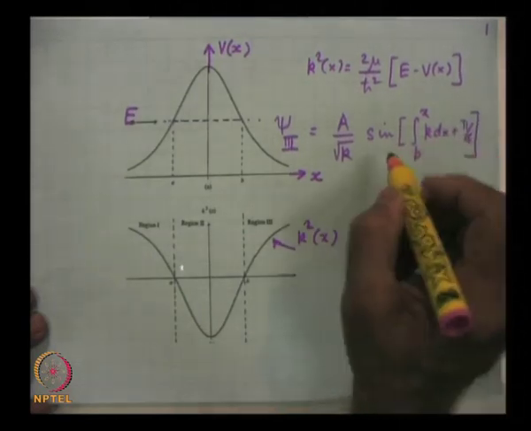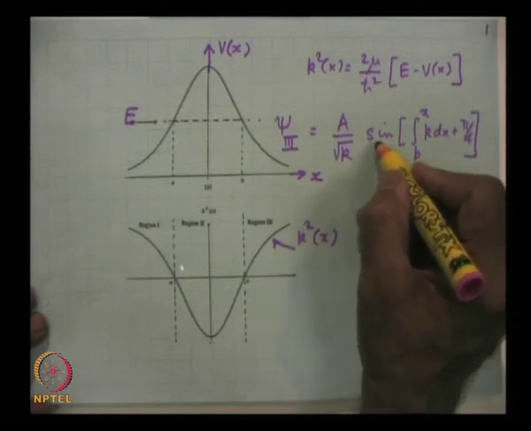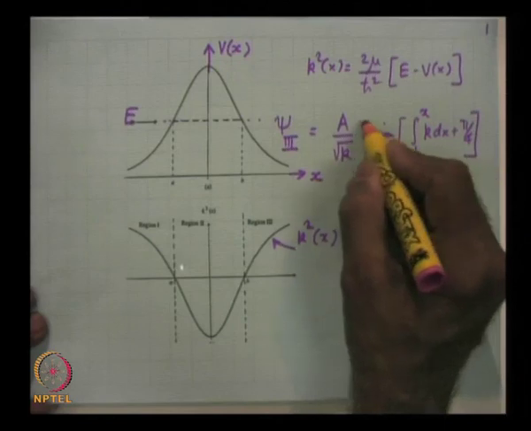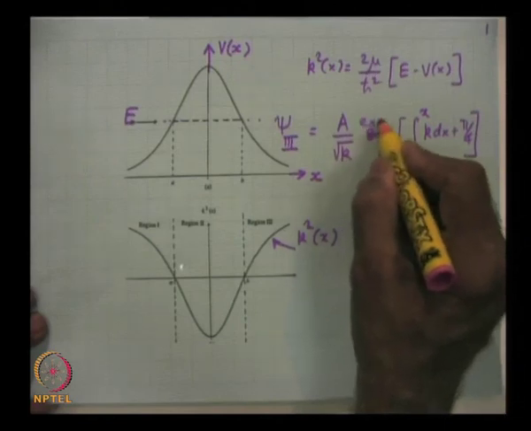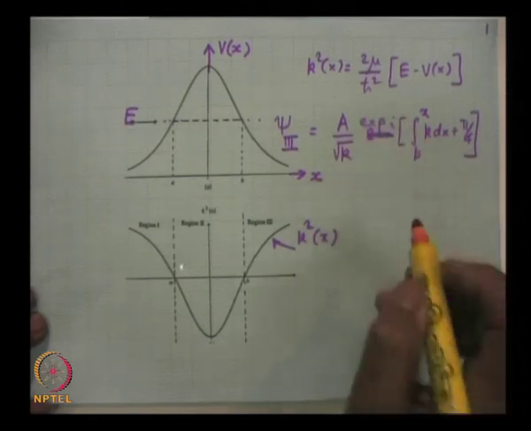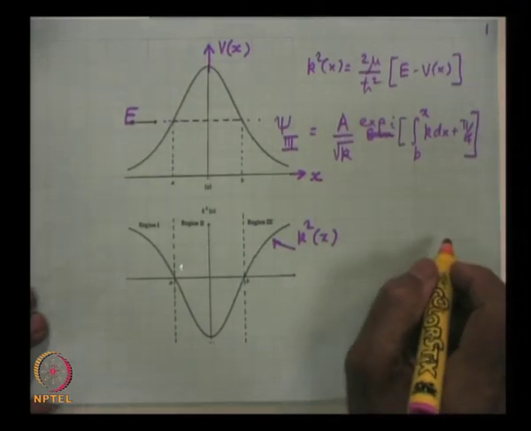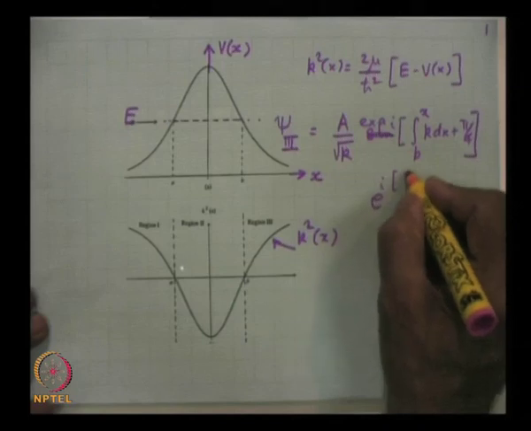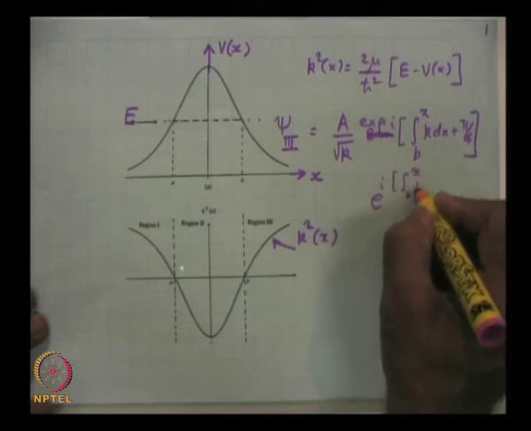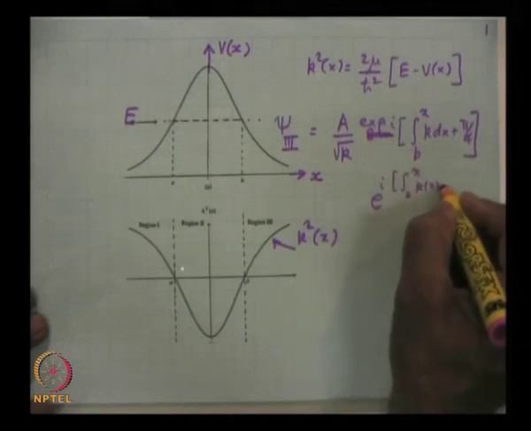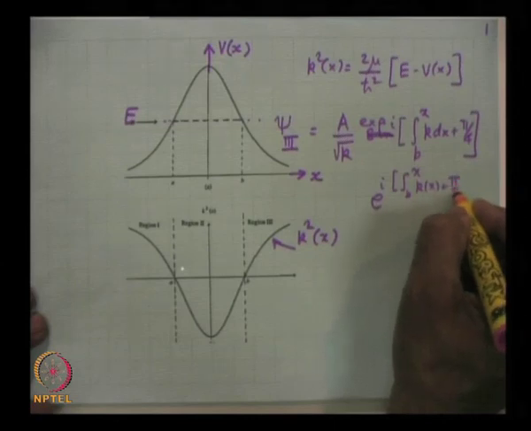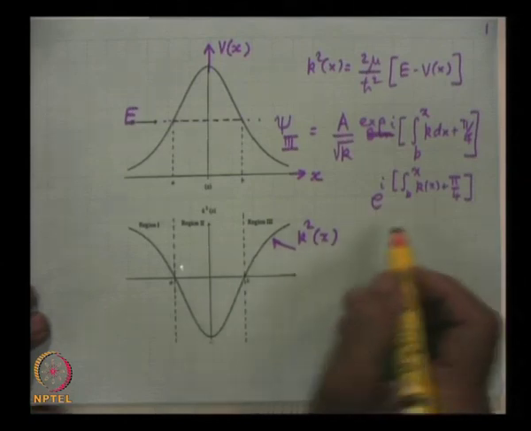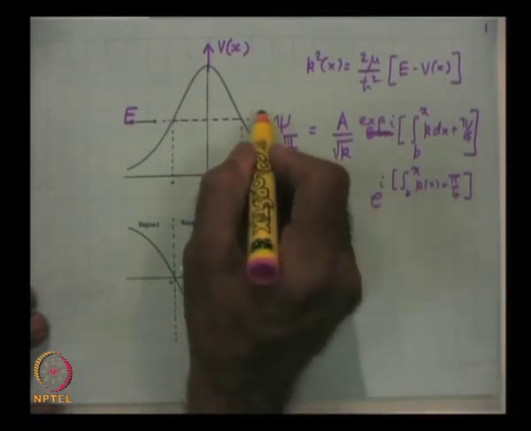Actually, we can write down the solution as sine and cosine. Instead, we considered an outgoing plane wave, e to the power of i times integral b to x k of x dx plus pi by 4, and wrote it as cosine plus sine, then used each of them to hop